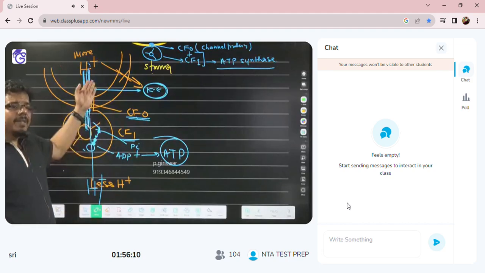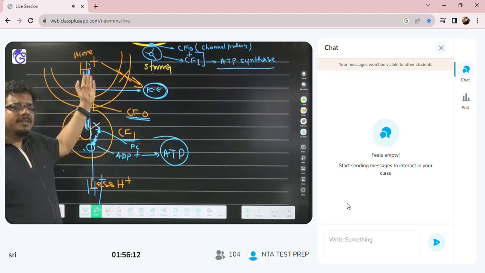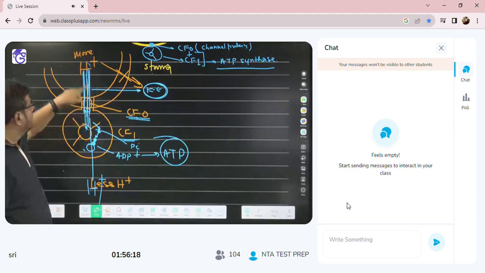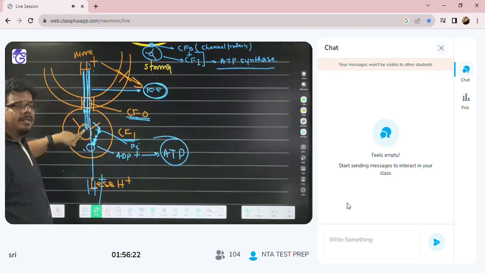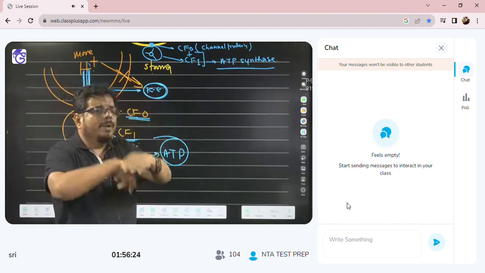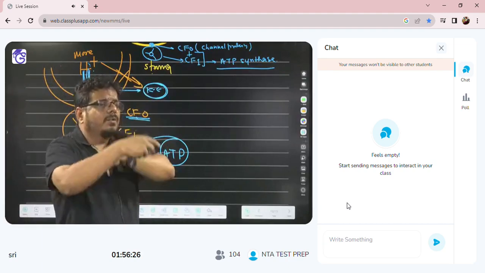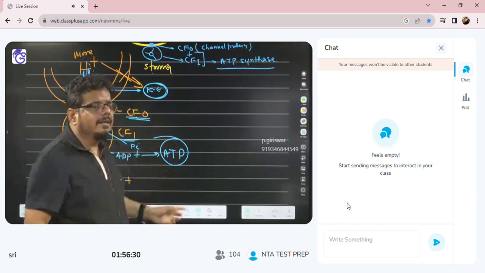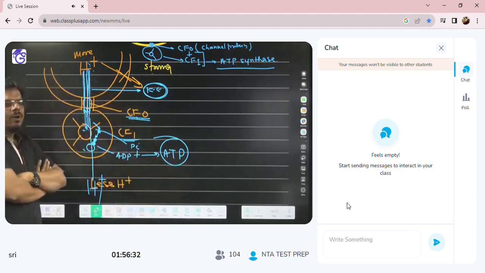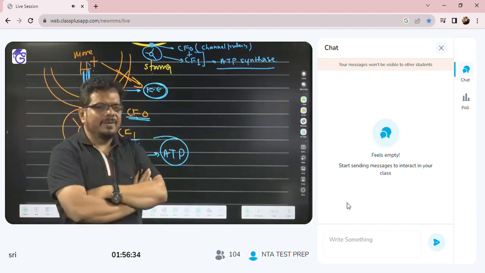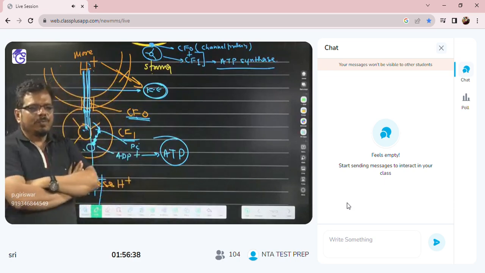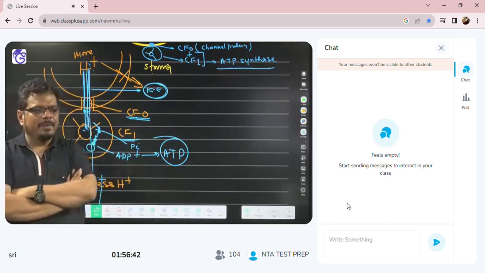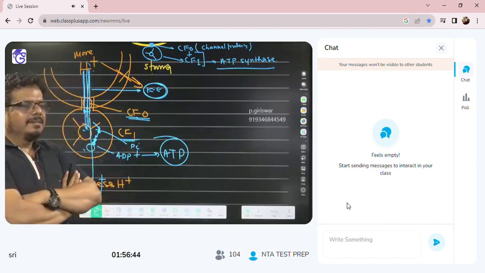So it is like hydroelectricity generation. Are you getting the idea or not? Think of the proton as water and ATPase as a turbine. When water falls on the turbine, conformational change occurs in the turbine, the turbine rotates and energy is generated, electricity is generated; here ATP is generated. So this is how ATP is generated by the proton gradient. I hope you understand it. Did clarity come or not? Is it done? Is it clear?